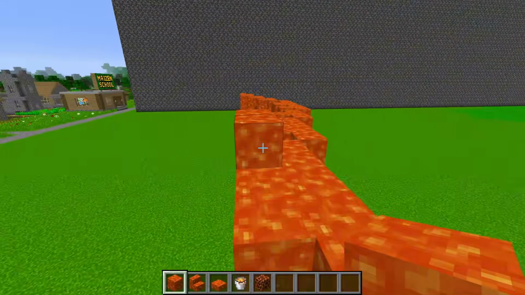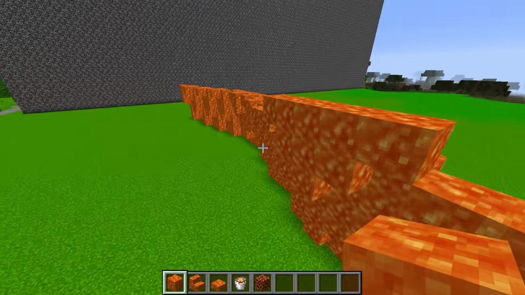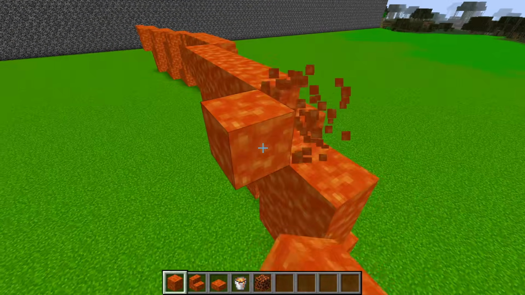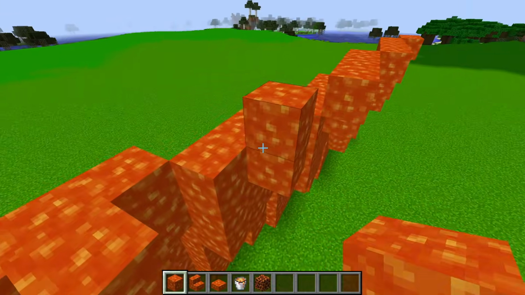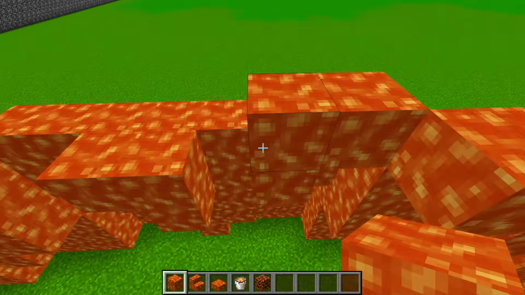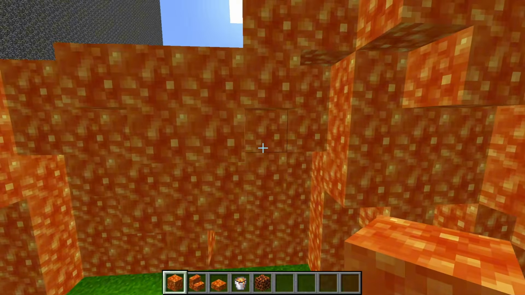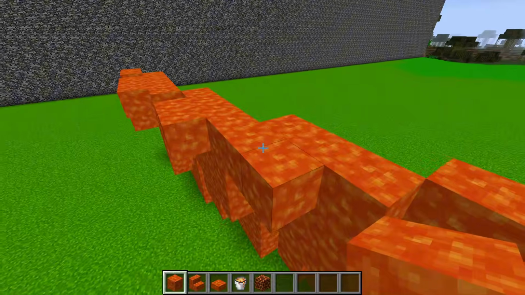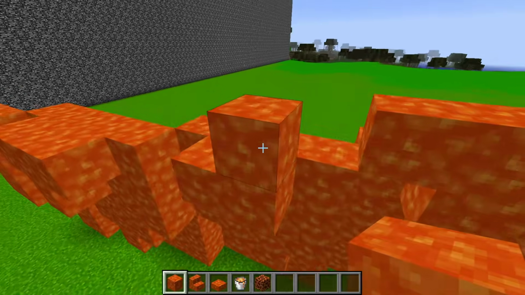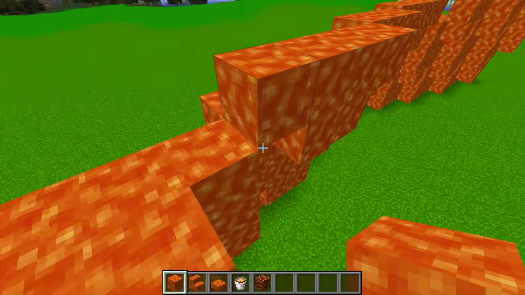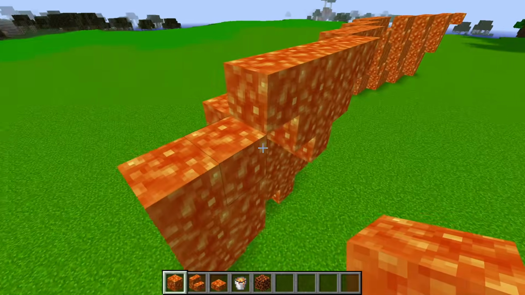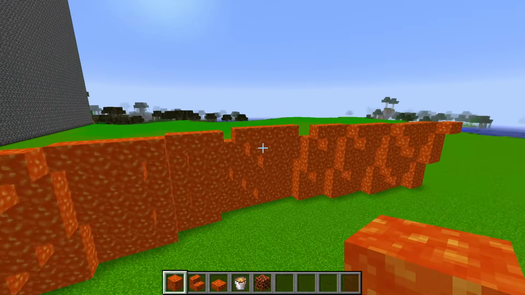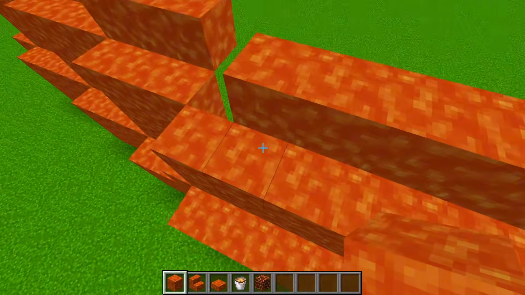Some parts of the lava rise higher, while others spread farther outward, creating a sense that the wave is constantly changing shape. Even though the structure is completely static, its uneven profile gives the impression of movement and makes it feel as though the lava has been caught in the middle of an enormous surge. The final sections of the wave continue this multi-level design, gradually filling the landscape with an enormous mass of glowing lava. At this point, the build begins to function almost like a giant piece of terrain rather than an ordinary Minecraft structure. The stepped construction gives the wave a clear visual rhythm, while its extreme width establishes the scale of